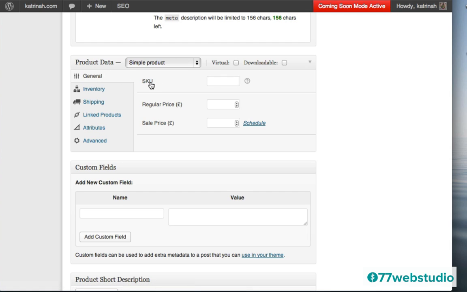If you want to use a SKU, you can do so right here. And also notice that when you hover over these question marks, the Woutique theme gives you some more tips about what this particular field is about. So for example, when I hover over this question mark in the SKU field, it says SKU refers to the stock keeping unit, a unique identifier for each distinct product and service that can be purchased. So that's pretty cool that you have a little tip here telling you what each of these things will do.